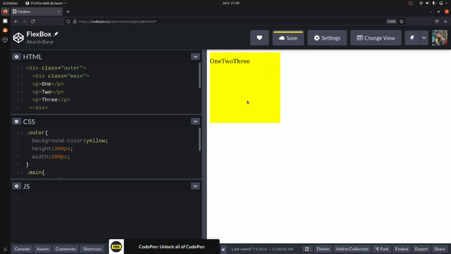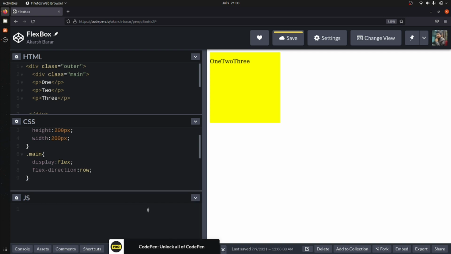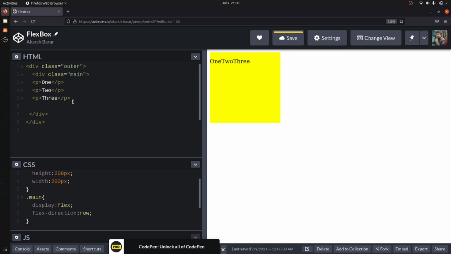Okay, so you can see that now the width and height is 200 pixels. Now one of the best properties of this is wrap. Let me show you. Let's say that we have 1 2 3, and I'm going to copy it. Let me move this down more, and give them some space. I'm going to copy the whole thing, 1 2 3, and paste it here, and again paste it here.